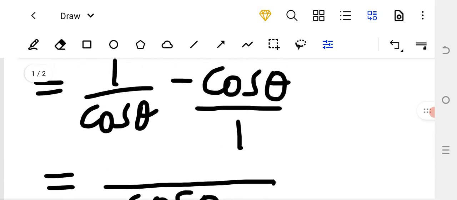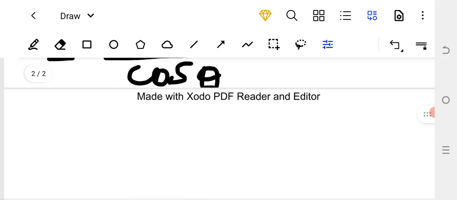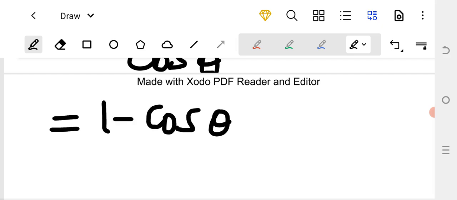And then 1 times 1 will be a 1. 1 into cos theta is going to give you a what? A cos theta. Cos theta multiplied by negative cos theta is going to be negative cos theta squared. That's how we write. We agreed upon that. So if you write it on this page, it's going to be is equal to 1 minus cos theta squared